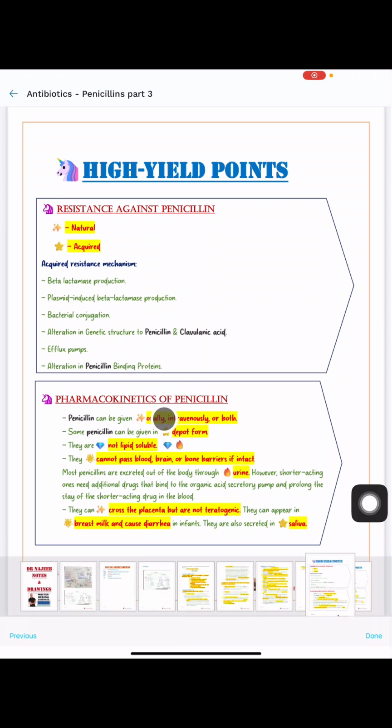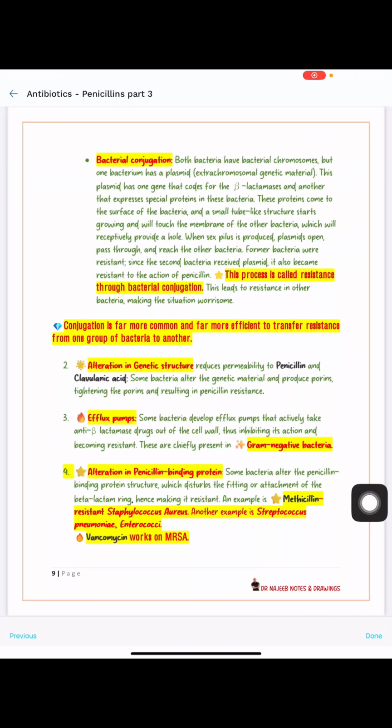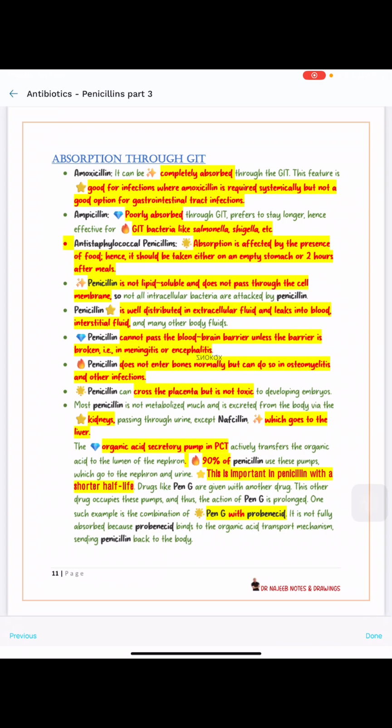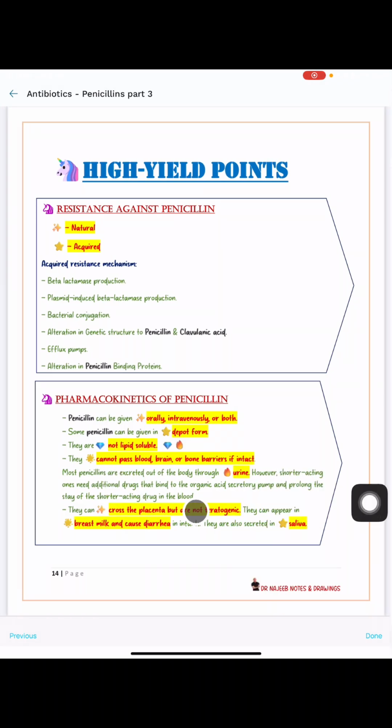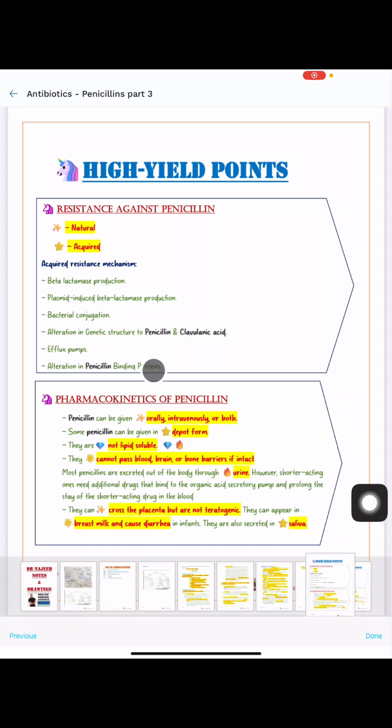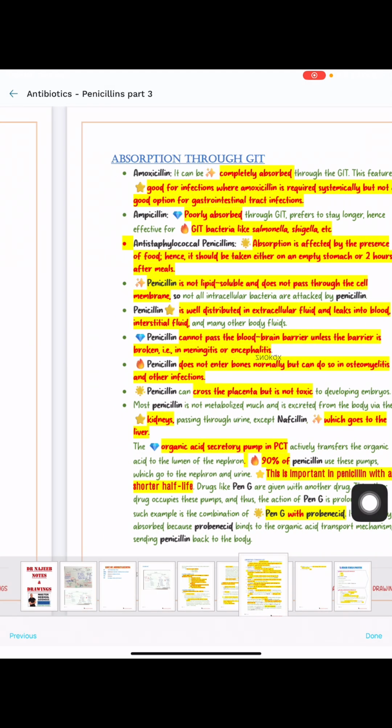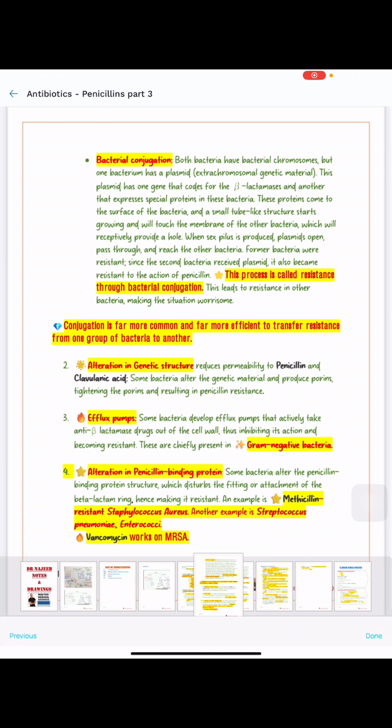Alteration in genetic structure means the porins will be narrowed and tightened, and penicillin and clavulanic acid won't permeate, and hence if they can't come in, they can't destroy us. Then next are efflux pumps, which keep out the beta-lactamase inhibitors. The efflux pumps actively take anti-beta-lactamase drugs out of the cell, thus inhibiting their action and making the bacteria resistant,